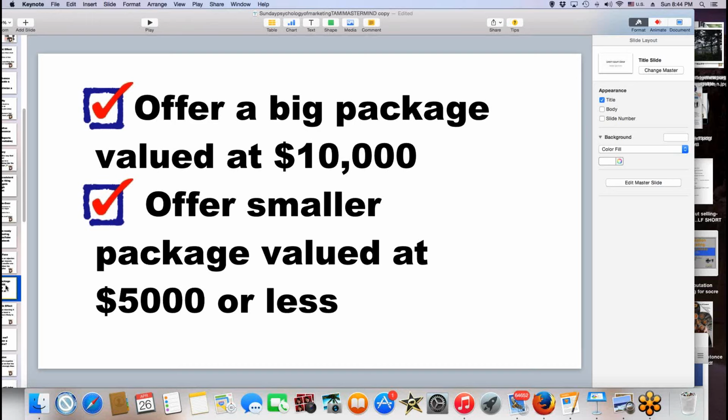And so you say, oh, well, we'll go for a smaller package at, say, $5,000 or less. And because it's so much less than the first package, then they're less overwhelmed and more inclined to close it. When I first started out, I actually had packages that ranged from about $10,000 down to like $2,000 and then